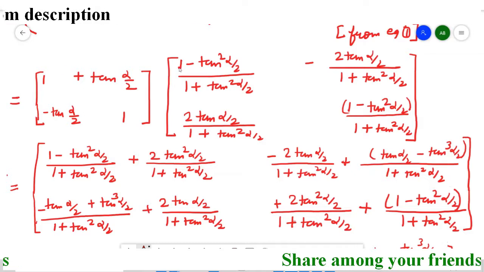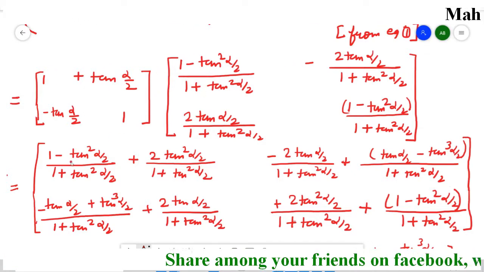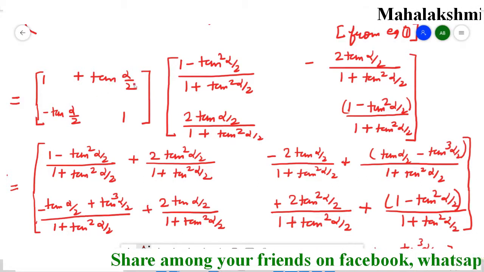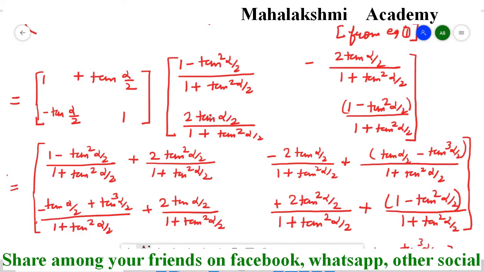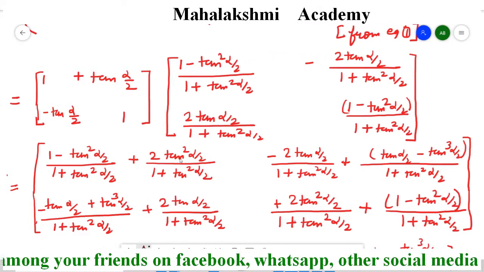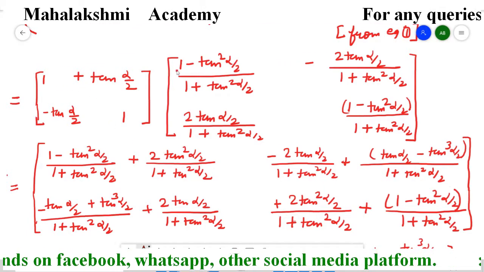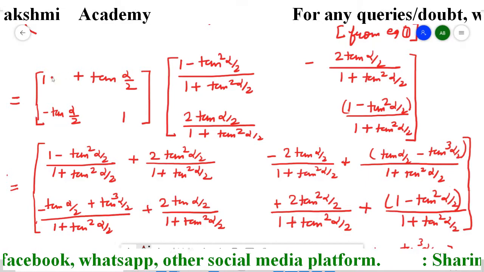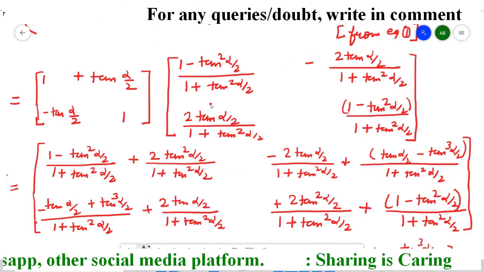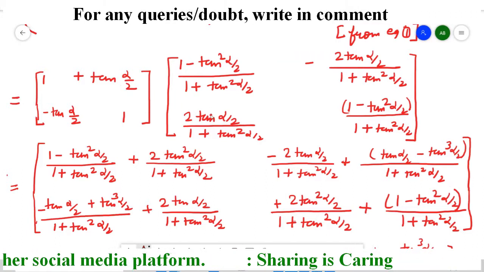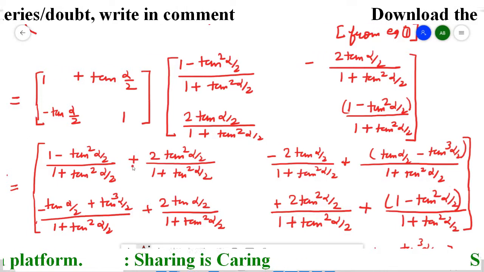So first row multiplied by first column. So 1 multiplied by this, we will get this term as it is. Then tan alpha by 2 will multiply by this. So you will get here tan alpha by 2 multiplied by this is going to be tan square alpha by 2. So that I wrote here. Again I am repeating, I hope you are getting it. First row multiplied by the first column. So 1 will multiply by this, so the result is the same. And then tan alpha by 2 and tan alpha by 2 is going to be tan square alpha by 2. And in the middle the addition symbol we have to write down.